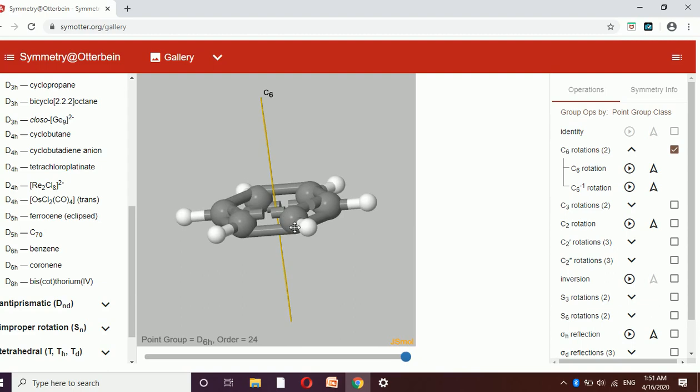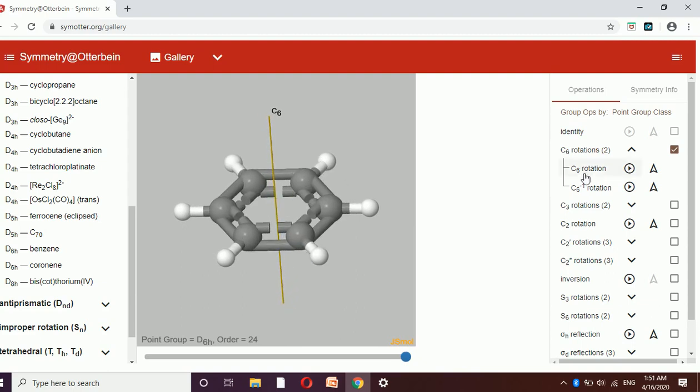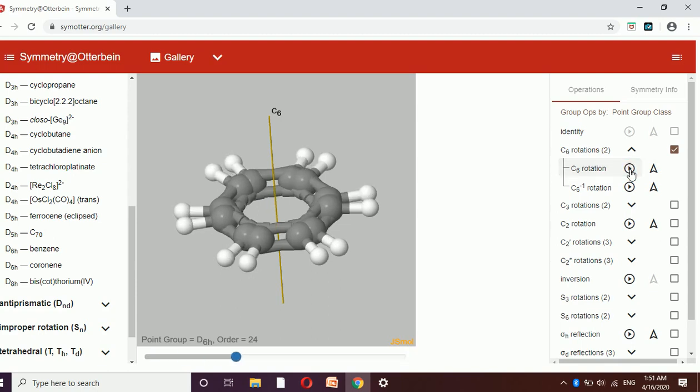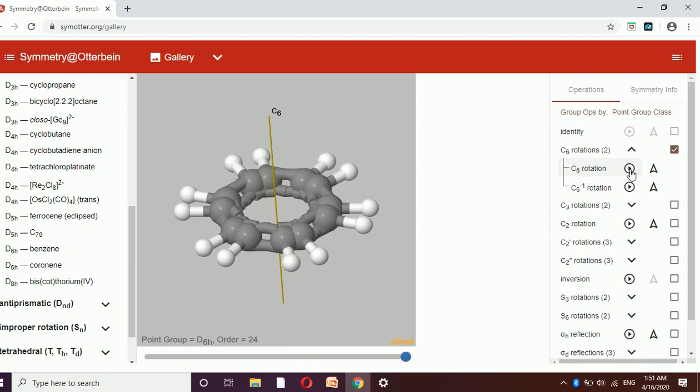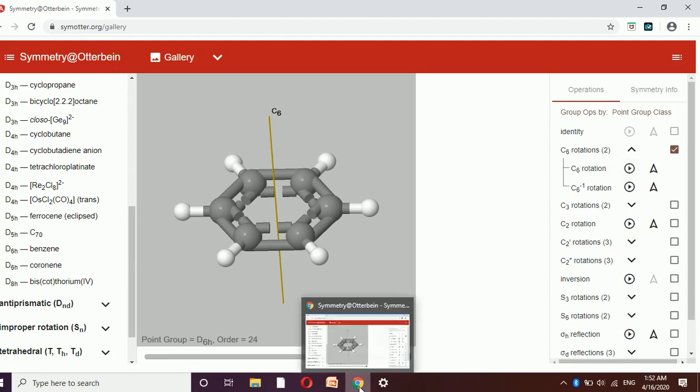And now you see a 60-degree rotation through this chosen axis. You see hydrogens and carbon atoms are shifting their position to the position of the next carbon and hydrogen. So you get an indistinguishable image